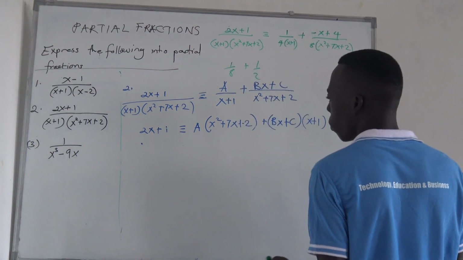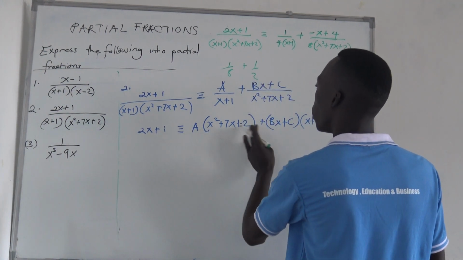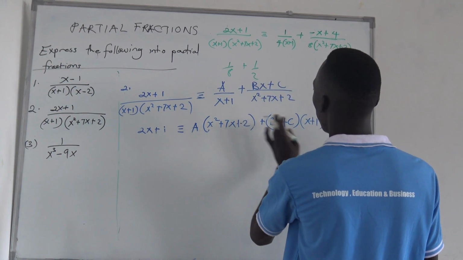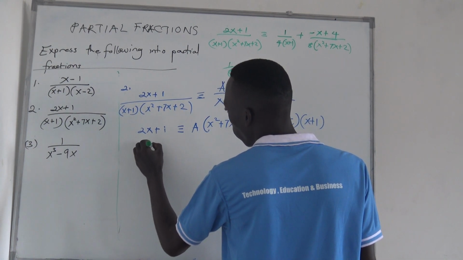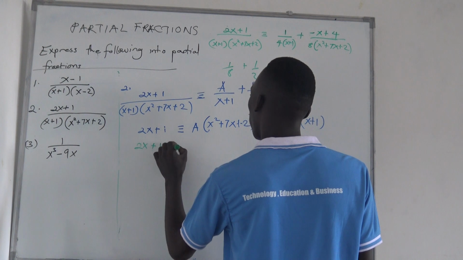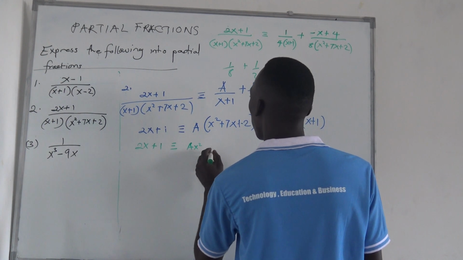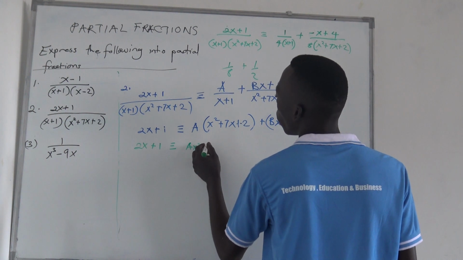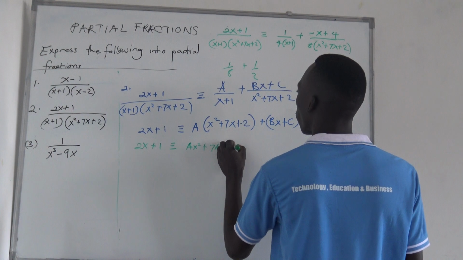For that case, what you do is like this. Multiply all through by these constants. So here it will be 2x plus 1 is equivalent to this one times this, which is ax squared. Also this one, that is plus 7a x plus